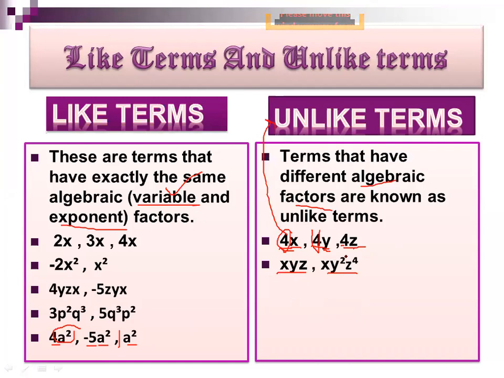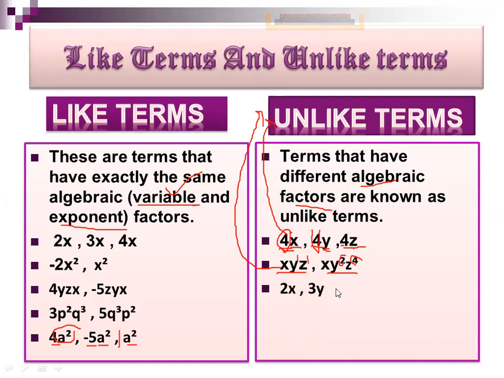But if you look into the coefficients, if you look into the exponent, here the exponent of y is 2 and here the exponent of y is 1. Here the exponent of y is 4, z is 4, and here the exponent of z is 1. So exponents are different. So again we will say these are unlike terms. For like terms, your variable as well as exponent should be the same. Here variables are the same, but powers are different, so that's why they are unlike terms.